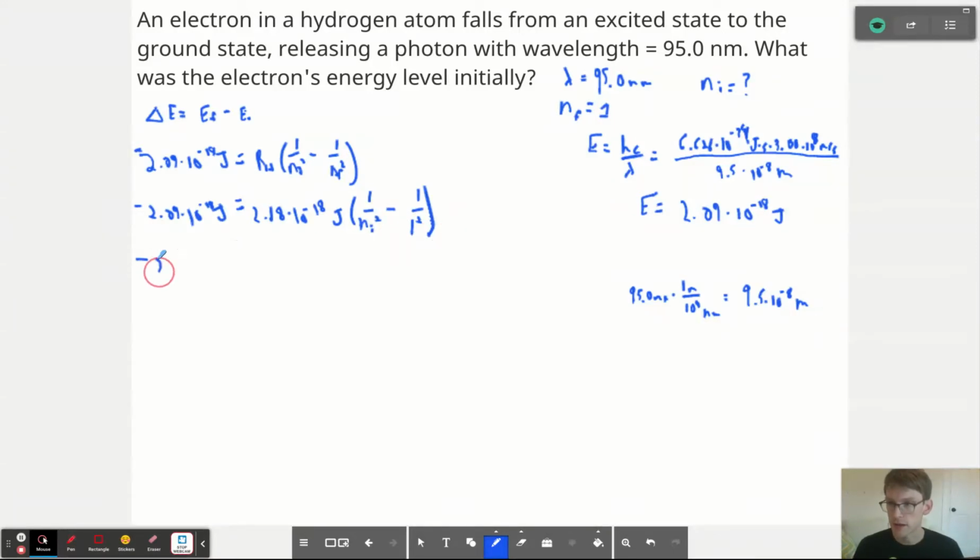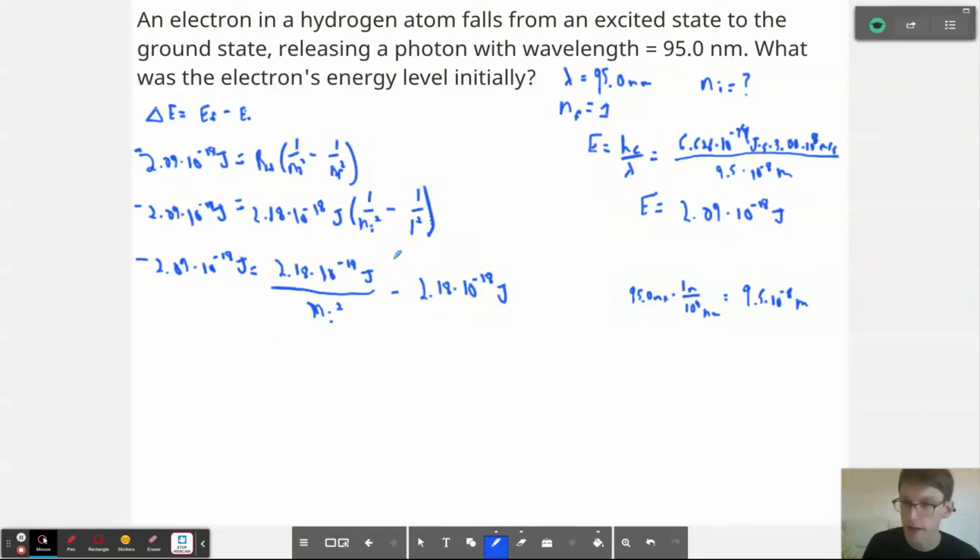And what this comes out to next is negative 2.09 times 10 to the negative 18th joules is equal to 2.18 times 10 to the negative 18th joules over n initial squared minus, well, this is just going to be 2.18 times 10 to the negative 18th joules, because I'm multiplying that times 1 over 1 squared. And if I add the 2.18 times 10 to the negative 18th joules to both sides, I find that we get 9 times 10 to the negative 20th joules is equal to 2.18 times 10 to the negative 18th joules